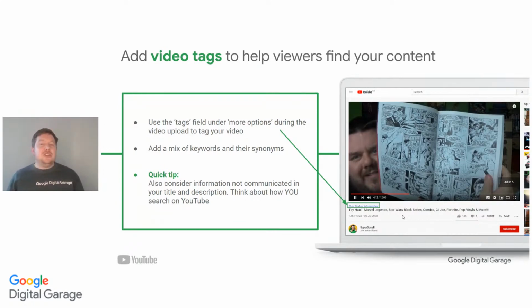Also consider information that's not communicated in your title. So for example, maybe if it's about Comic-Con, maybe if it's about Earthworm Jim, maybe if it's about Superman, you can put so much in your title. If there's some additional bits in there, like injuries, it could be advanced yoga. You could say advanced yoga for reducing football injuries. But then the bit at the bottom in the tags, it could be football injuries. It could be striker injuries. It could be